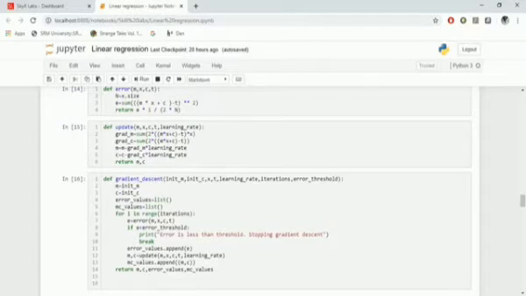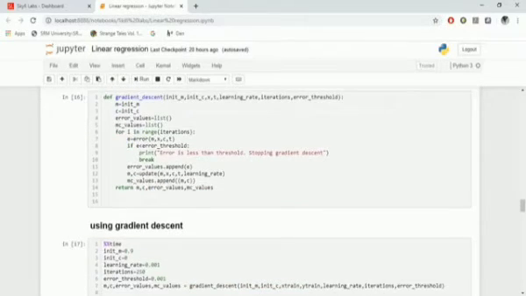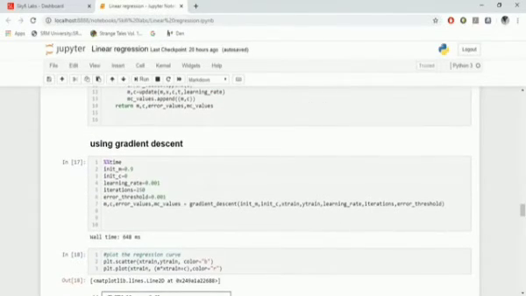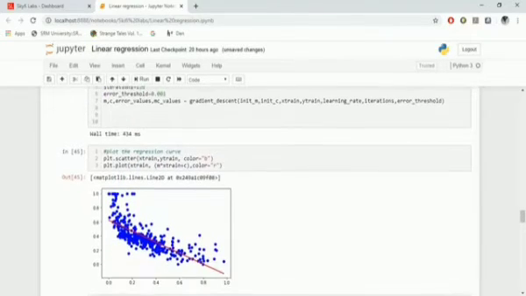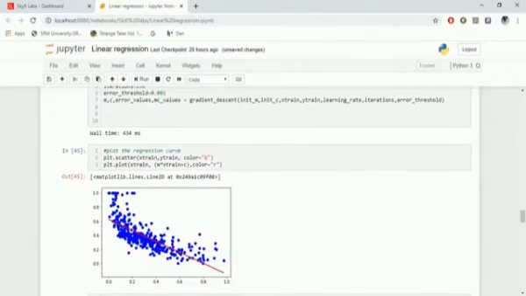After the error is less than the error threshold, we can break out of the loop and then save all the values in error case and return the final M and C values for the prediction. Here we use the gradient descent function, keeping the learning rate at 0.001, and after running the gradient descent function for training the model on the training data, we can plot the regression curve, which is the training data and